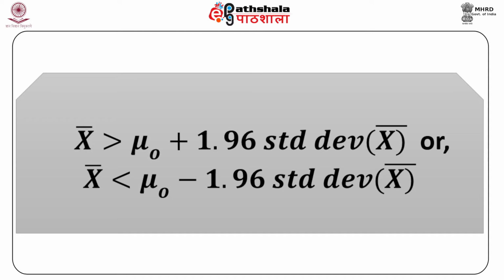So let me say that the figure suggests that the null would be rejected if x bar lies in the shaded area. That means if x bar is greater than mu 0 plus 1.96 standard deviation of x bar, or x bar is less than mu 0 minus 1.96 standard deviation of x bar, which basically means the same thing as I said earlier, where if x bar either lies in the upper region or it lies in the lower region, or the areas of rejection in both the upper tail and the lower tail, then we reject the null